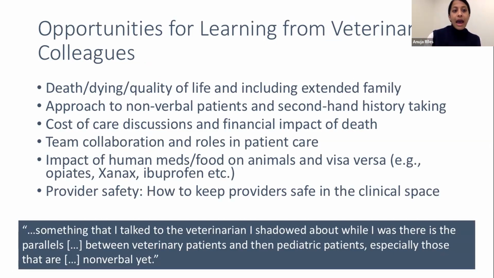Secondly, they talked about how veterinary students were able to approach nonverbal patients and really engage in secondhand history taking. So in the first year, there is some exposure to pediatrics if your preceptor is in that space. But otherwise, they don't really have a deep engagement in their curriculum related to nonverbal patients or how to take a history from someone else outside of the patient themselves, which obviously veterinary medicine colleagues have to do